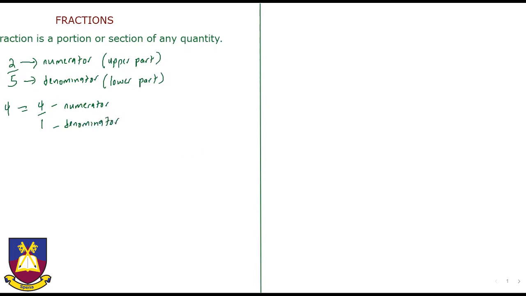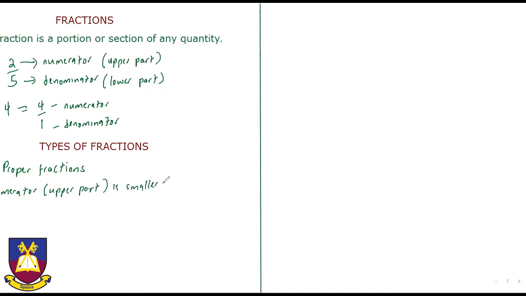Let's take a look at the types of fractions. So the first type of fractions is what we call a proper fraction. And a proper fraction is that fraction in which the numerator, that's the upper part, is smaller than the denominator. And that's what we call the lower part of the fraction. For example,